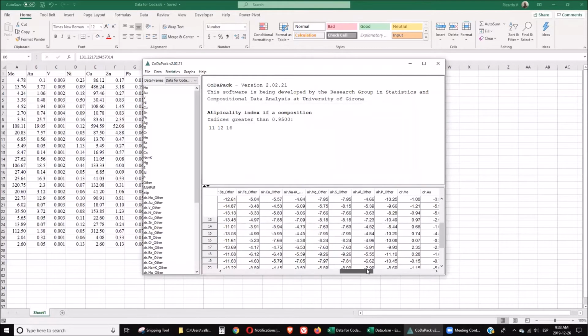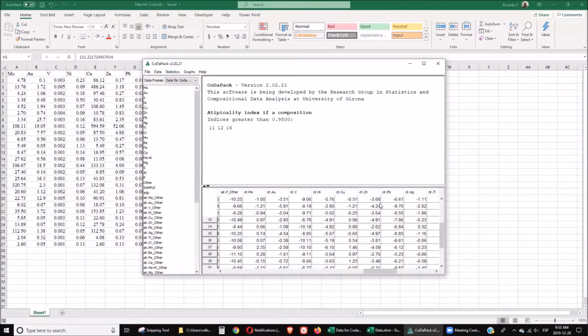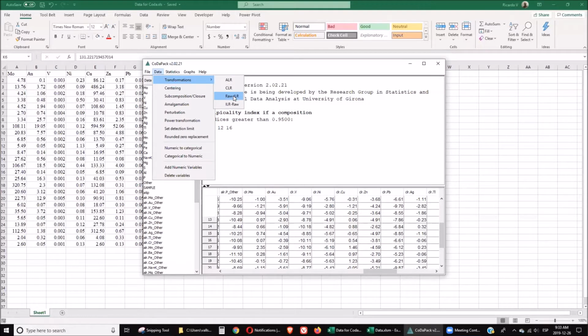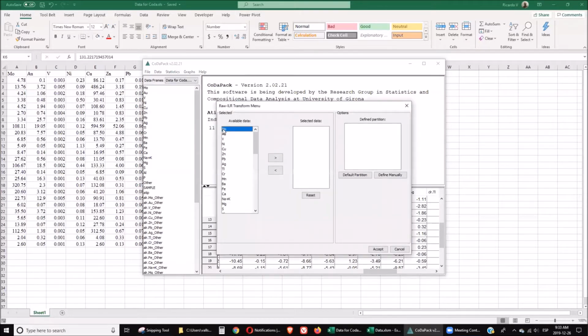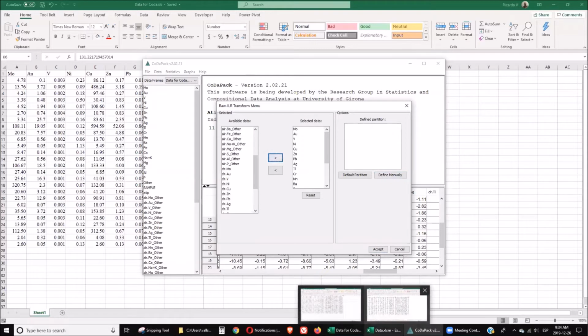And again, you will have the transformation for the CLR. Now, to do the transformation from the ILR, this is the most complex method. So you go Data, Transform, go to ILR, select everything, including the other, Shift, and here to the right is where you define how you're going to arrange or group the elements for this analysis. And this goes back to the same